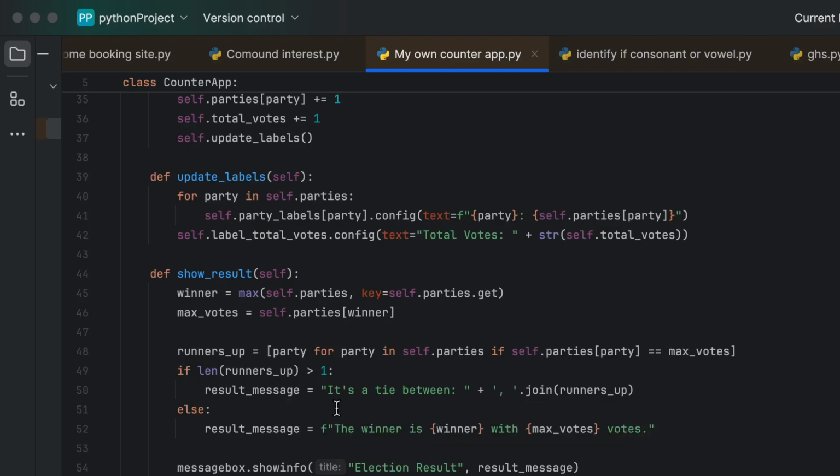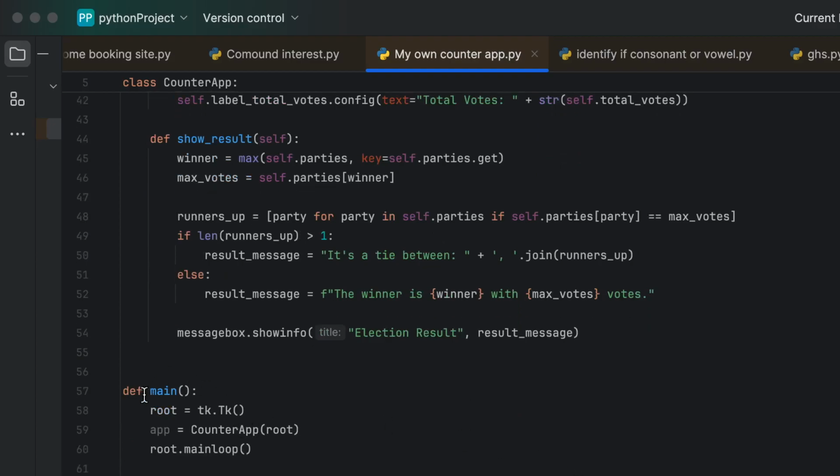As you can see, if there is a tie, it will show there is a tie between the joint runner-ups, else the winner is the one with maximum votes. This is the function with max votes, and with the maximum votes, messagebox.showinfo Election Result, and after that the result message. Then define main: root is equal to tk.Tk, app is equal to CounterApp, root.mainloop.